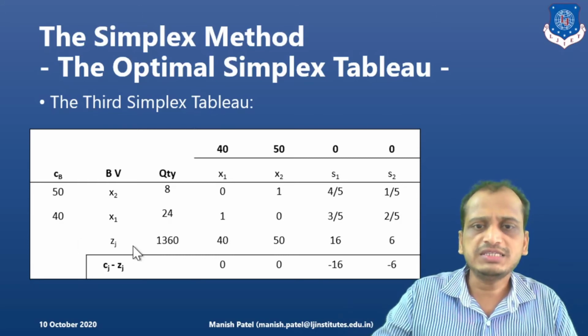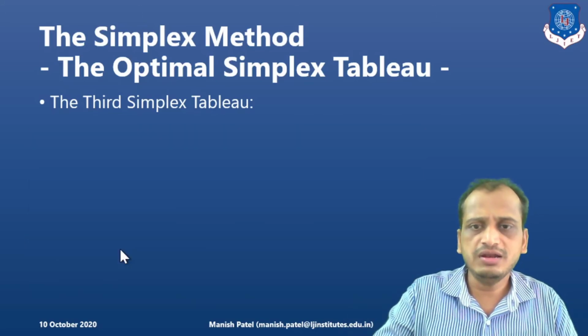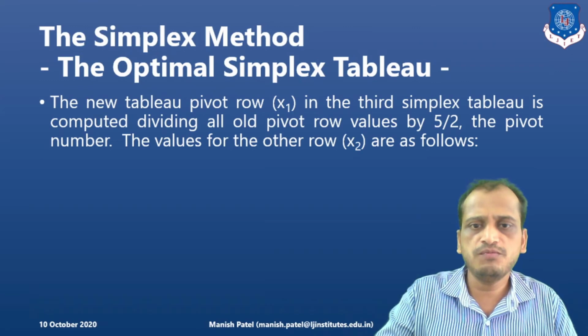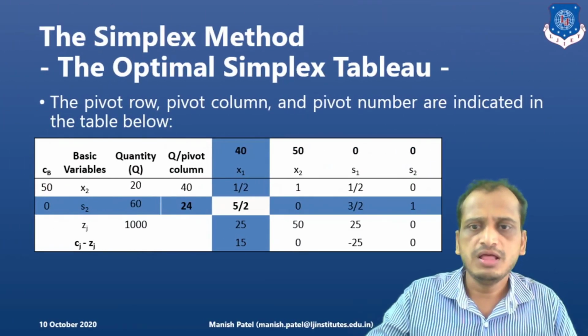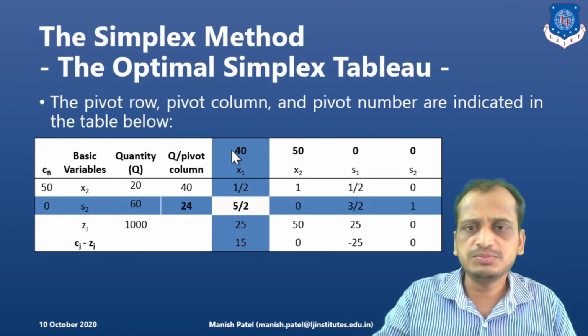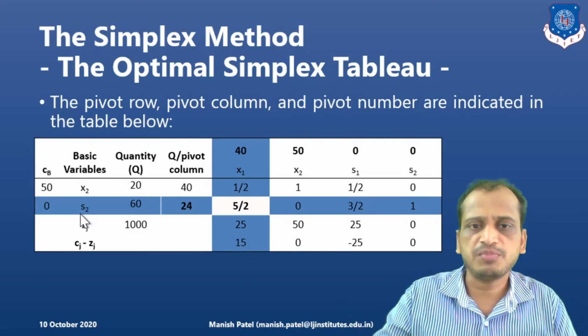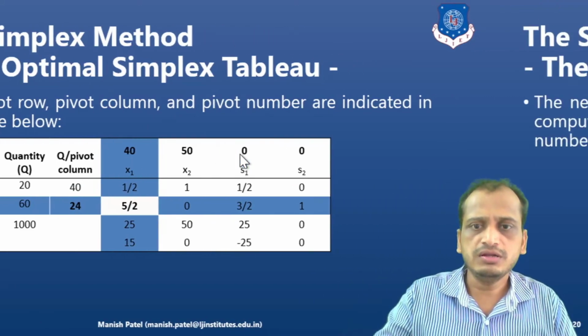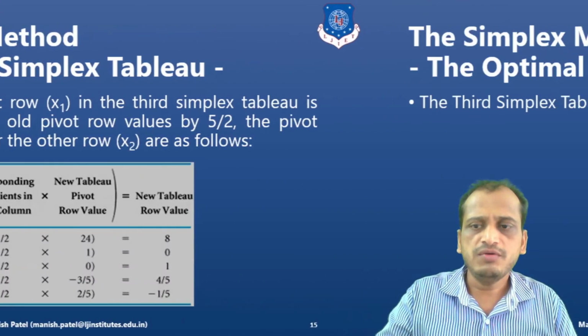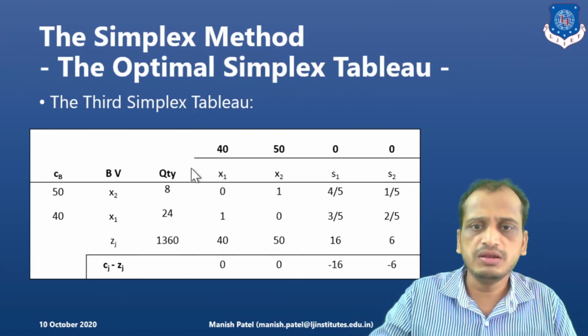Now what is our next step? Before that, let me show you one more thing to concentrate on: whenever you are deciding this pivot row and pivot column, the variable in this pivot column is the entering variable. As you can remember, this x1 will come in and s2 will be the leaving variable. Remember this thing, s2 will leave and x1 is the entering variable. So in the same way we have calculated all the values in the new table.